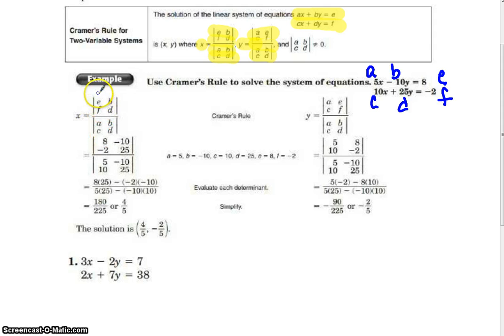So using your formula, you would have e, b, f, d. So the determinant of, and you're going to do 8, negative 10, negative 2, 25. I put these numbers in for e, b, f, d. And on the bottom you have a, b, c, d, which is just your coefficients for the left side of the equation. So once you put them in the formula, it's like when we did our determinants last week. You multiply minus you multiply. So it's 8 times negative 2 minus,